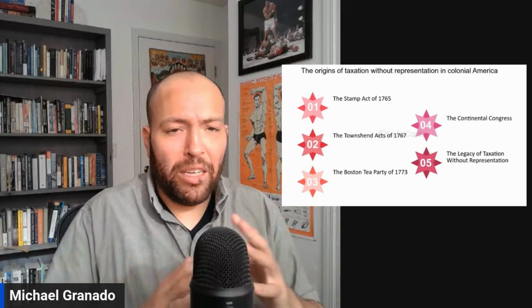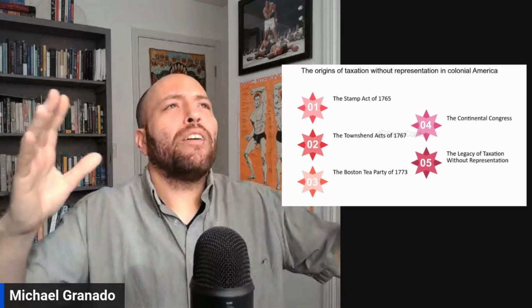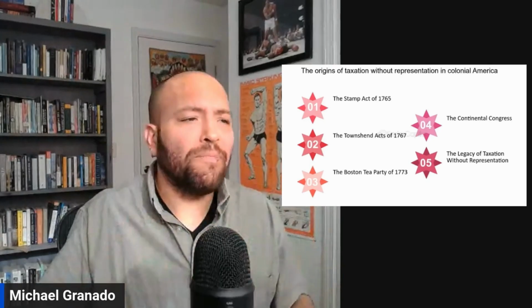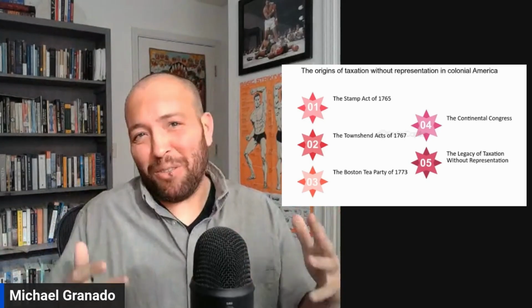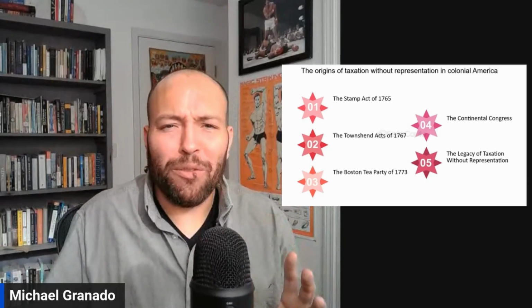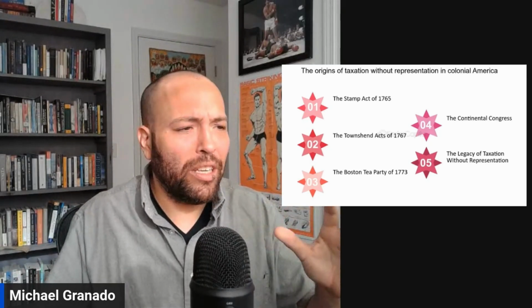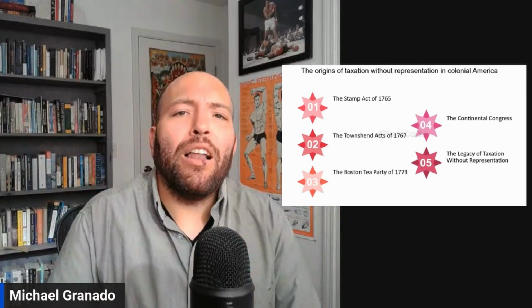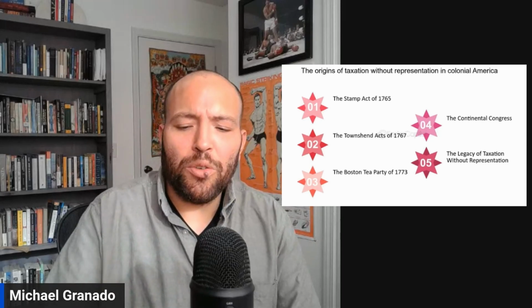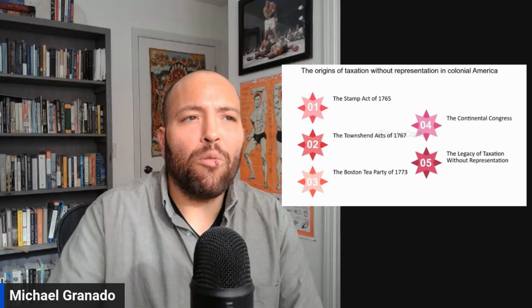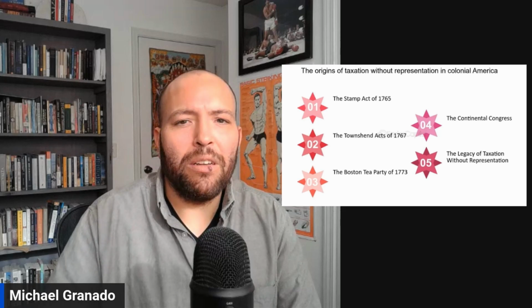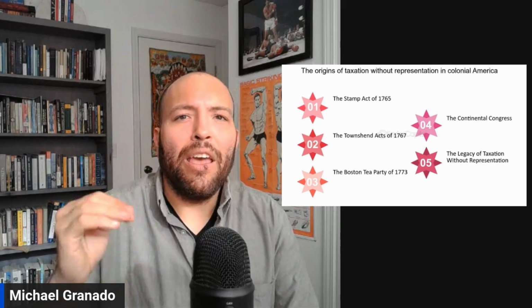Typically speaking, in history class, a lot of people perceive the American Revolution as being about the overthrowing of a king, but from an economic standpoint, it really boils down to the fact that they didn't want to be taxed. The French Revolution will have heavy anti-monarchy undertones to it. Now, as we'll see, there's certainly a major philosophical element to this that I want to focus on. But the reasons and the causes of the revolution really have to do with the feeling that the colonists had that they were being unjustly treated by the British Empire, despite the fact that they were British citizens. And this has to do with the series of taxes that were levied against them.